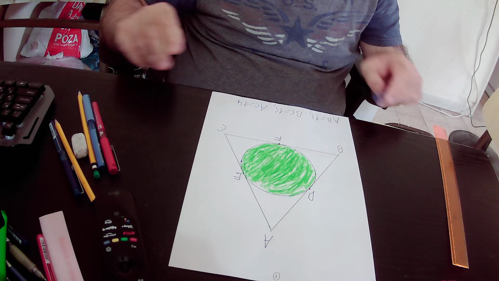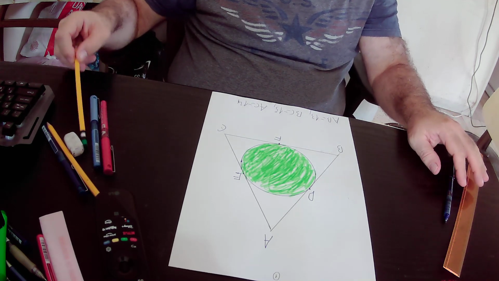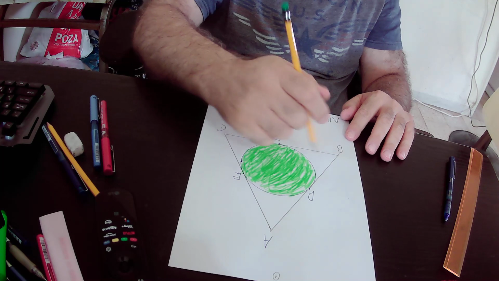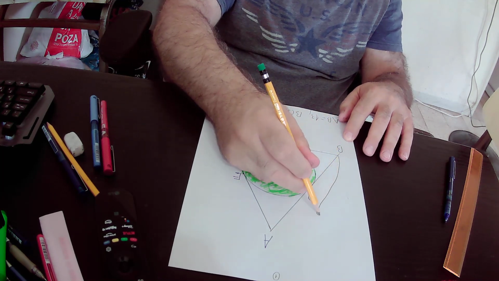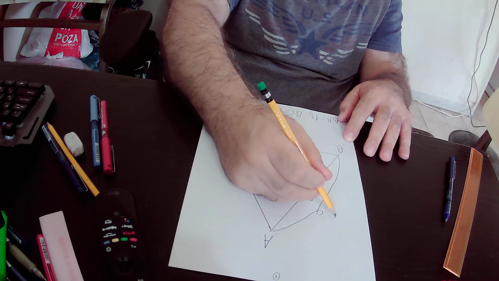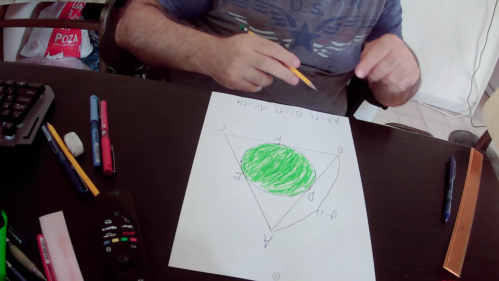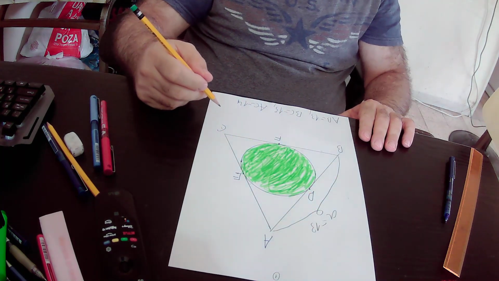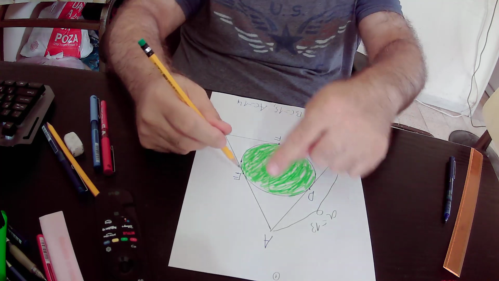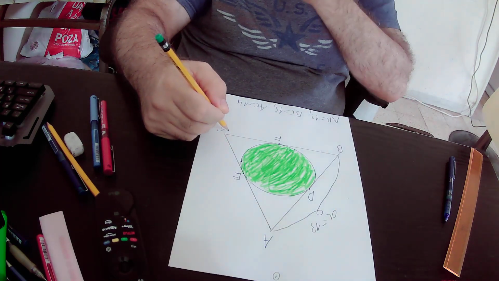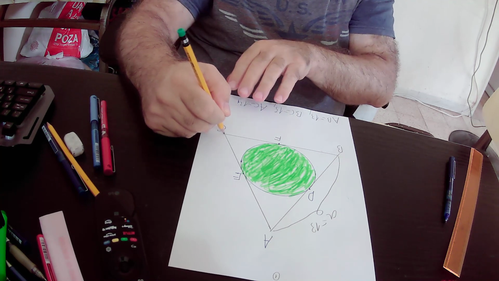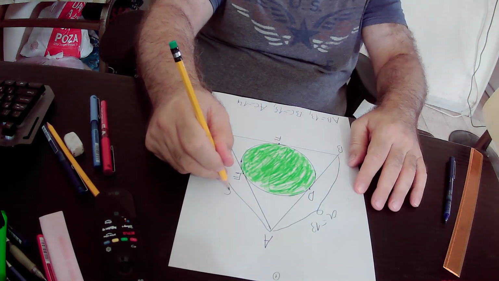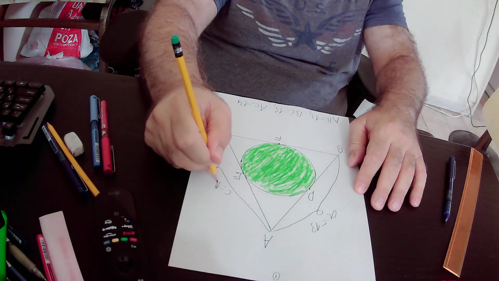And we will define side AB of triangle ABC as A. That is to say, AB equals A, and we know that A equals 13 units, and we will also define side AC of triangle ABC as C. That is to say, AC equals C, and we know that C equals 14 units,